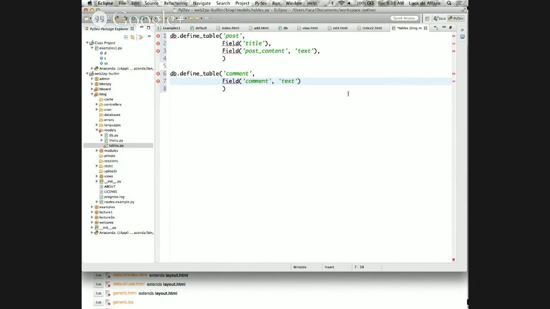So the comment is a piece of text, okay? Now, how do I exactly say to which post the comment refers? So I have to essentially add to the comment the foreign key to the post, okay? And what I do is this field, I generally call it post ID, so I remember what it is.